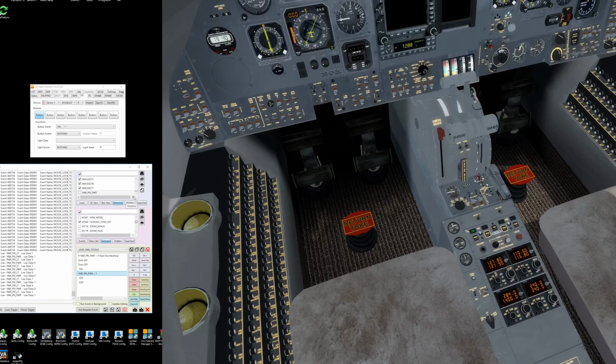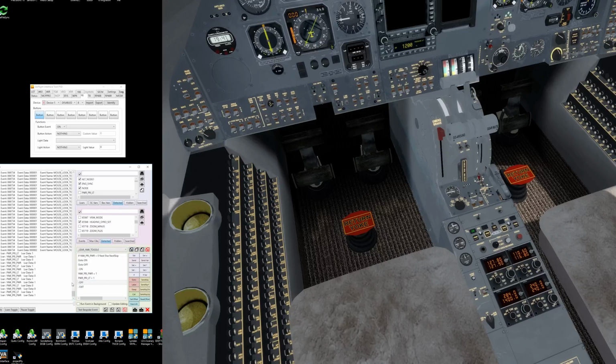So let's find this up here in the LVARs detected. There it is. Okay, I want to set this to 1. So remember, we use the set here because we're setting LVARs. Just think of these color matching to show you what's happening. So we go set, and we want a value of 1,